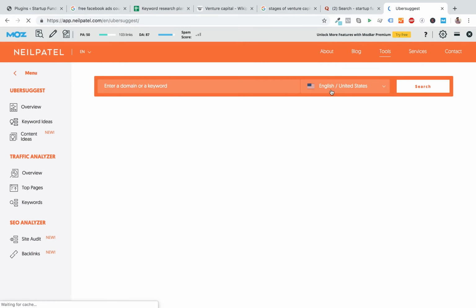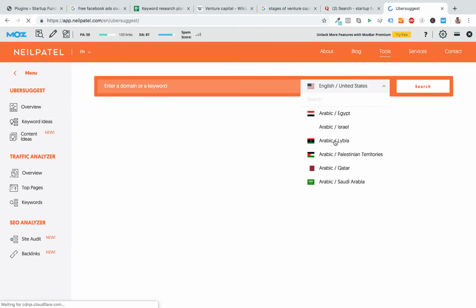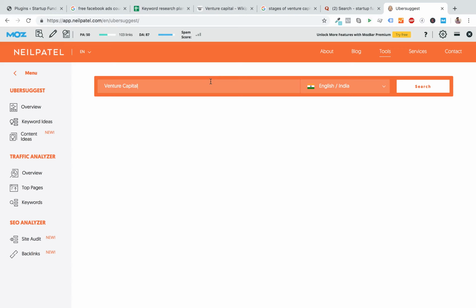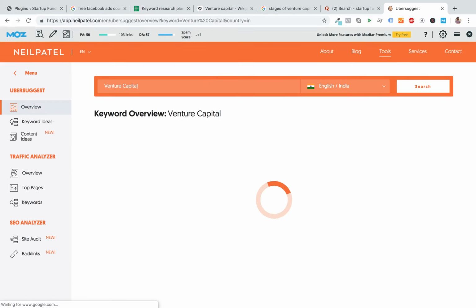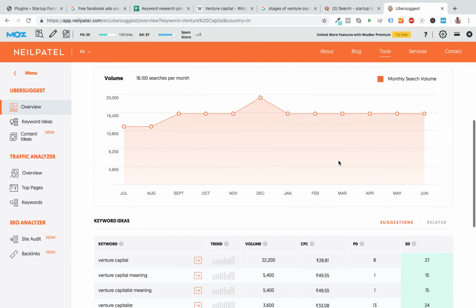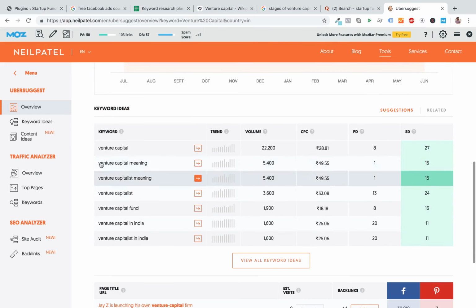So I'm going to go to Ubersuggest, choose the country which is India, and put venture capital there. See the search volume, the SEO difficulty, the paid difficulty, and you get a bunch of keywords here.